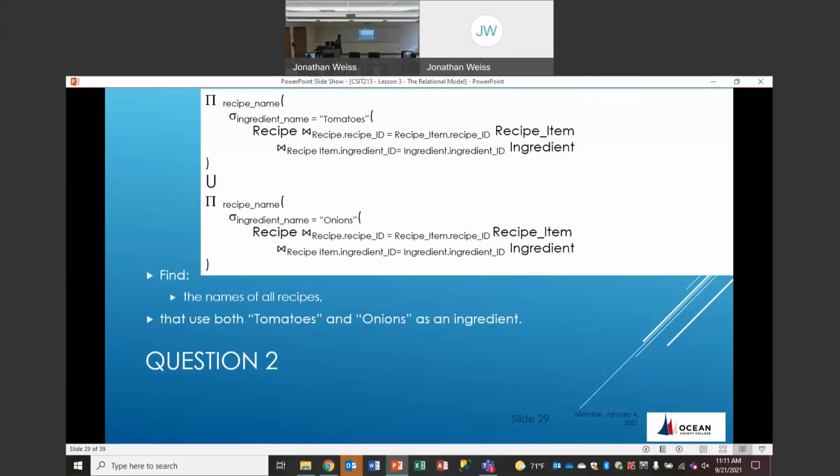And to get each one of those, we had to join recipe with recipe item with ingredient. So these statements are the same, except this says the ingredient name is tomatoes, and this says the ingredient name is onions. Since they are the same and return the same field, recipe name, we can do a union of those two